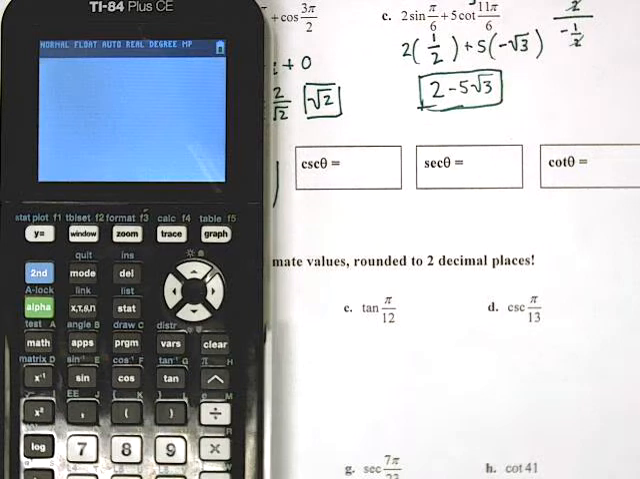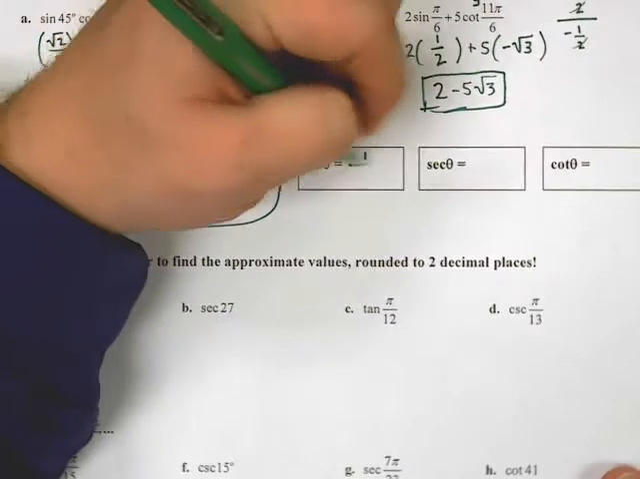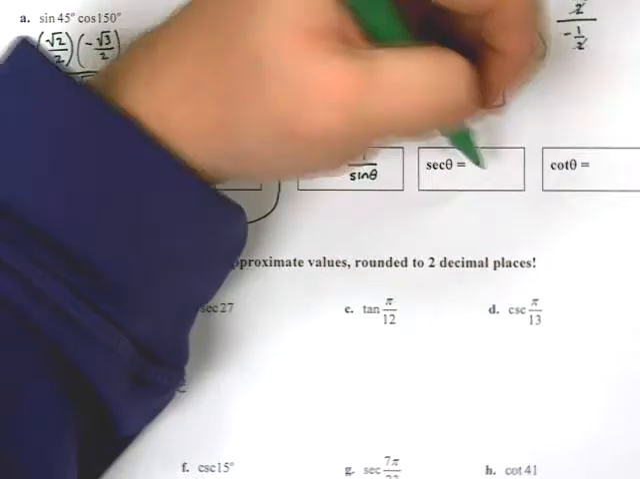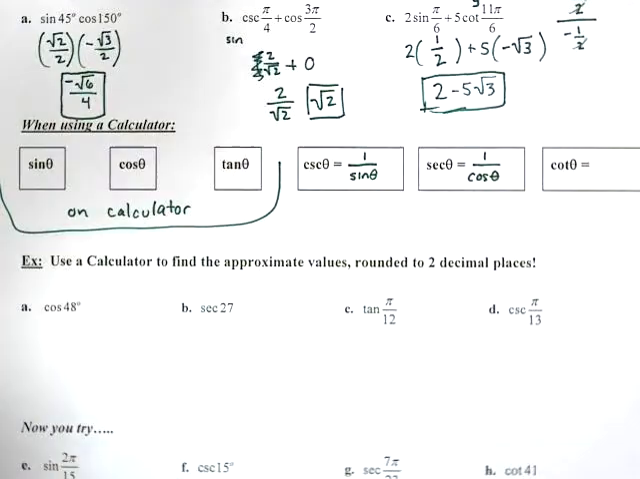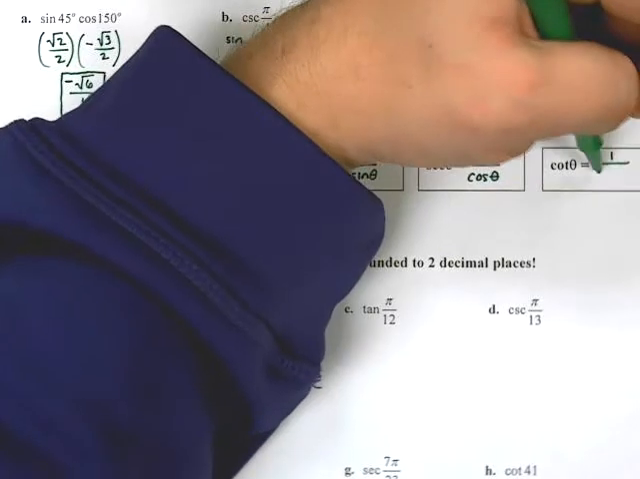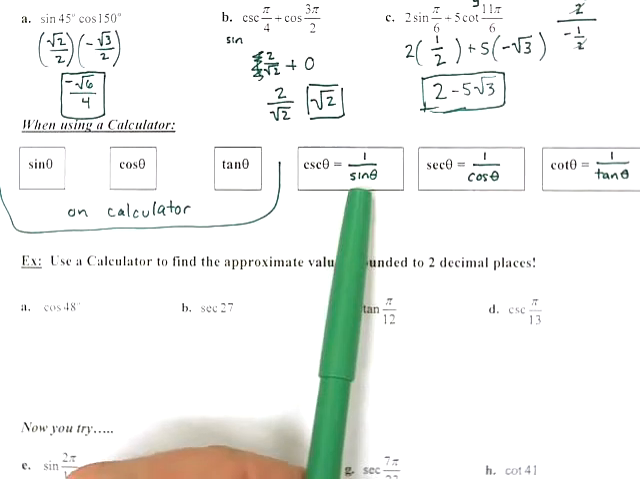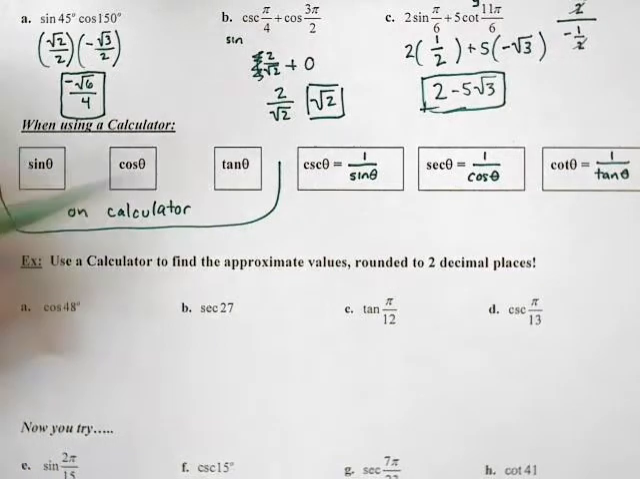So what we're going to have to always do is remember that cosecant is the reciprocal of sine, and secant is the reciprocal of cosine, and cotangent is the reciprocal of tangent. So you'll need to find the sine first and then do 1 divided by. Or you could do that all in one step. But the other thing that you need to remember,